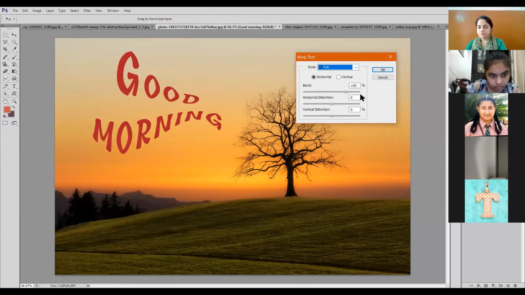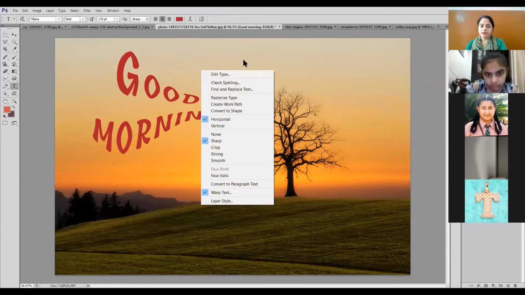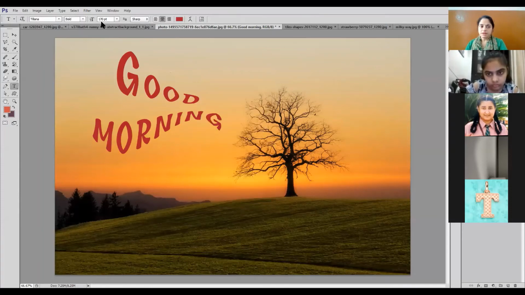Fish. Click on OK. Whatever style you want, you can choose it and click on OK. Simple. Click on the type tool. Click on the area that you want to type. Start typing. Click on OK. And then choose the font, font size, font color and wrap text.